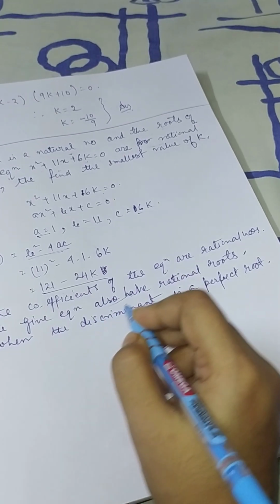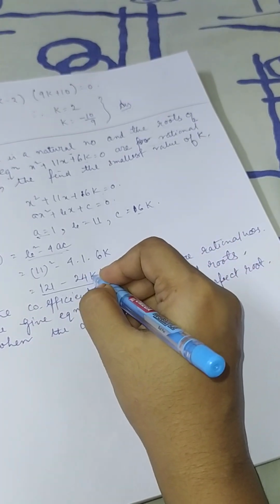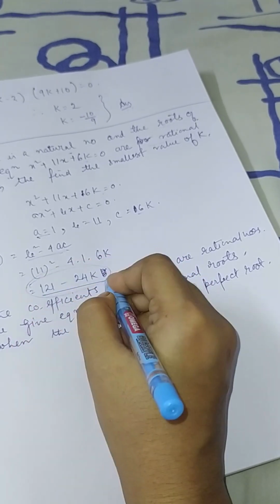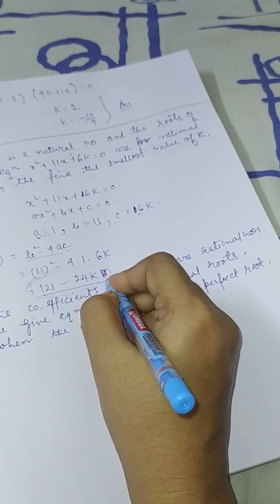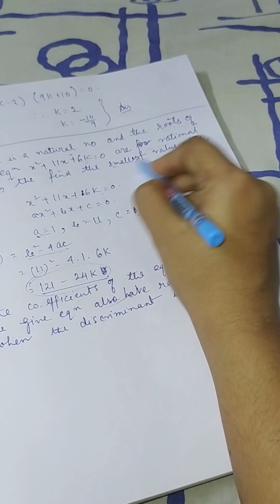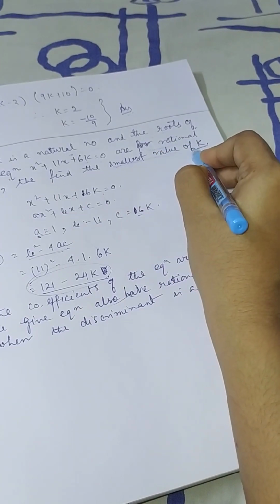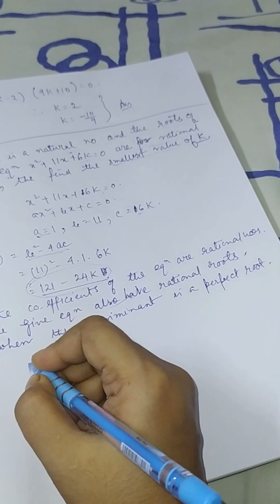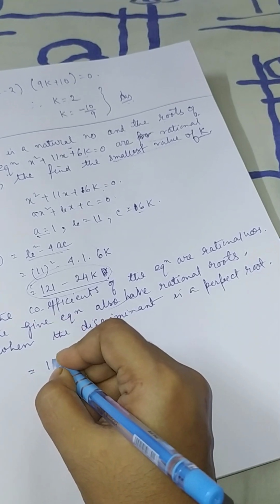So what will be the value of k for which the whole thing will be a perfect square, and side by side we have to find the smallest value of k. Okay, so we will put from the smallest value. So write down